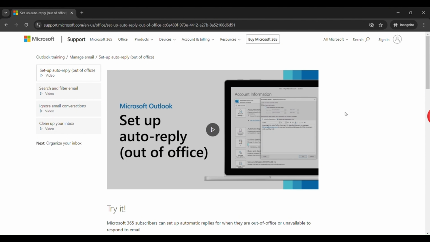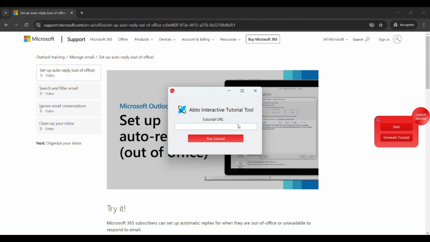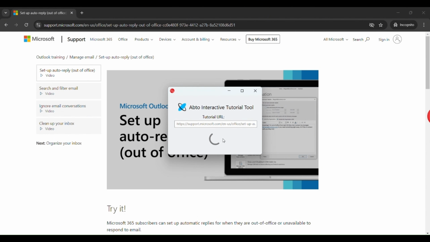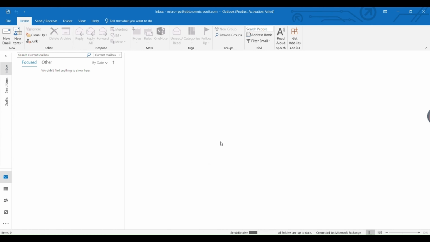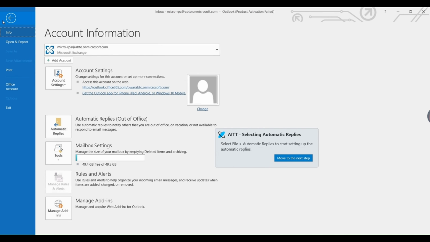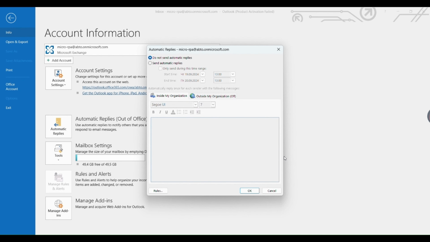Let's say there's an online tutorial you are planning on going through. Just copy and paste the link into the Abto interactive tutorial tool and click Run Tutorial. The tool will use AI algorithms to interpret written instructions and navigate you automatically through the target application with prompts